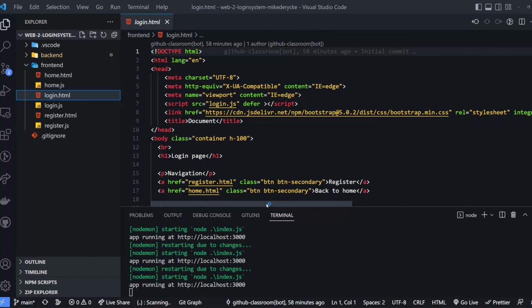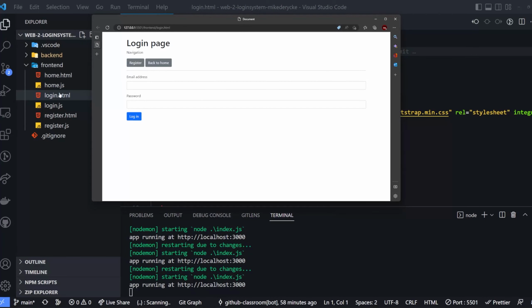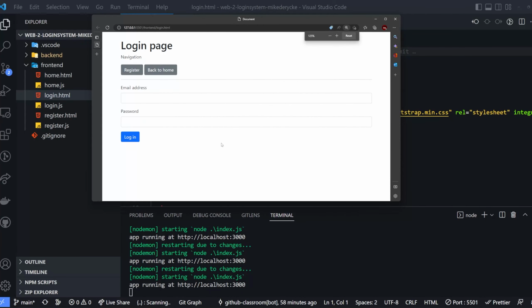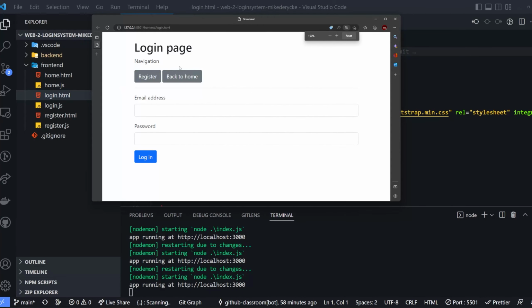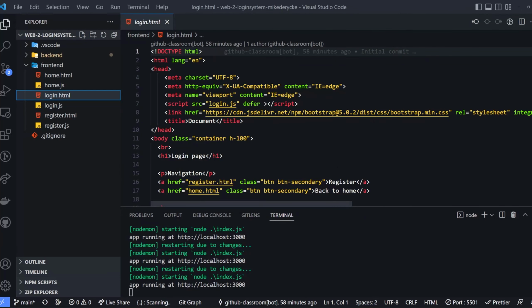I will open the login.html with live server, and this will show me a login page. So ignore the buttons at the top. Here we will add some email addresses. So I think it was mike@ehb.be, and the password, I think it was test1234. So if I click on login, we need to get a message back. How do we do that? Well, let's get started. Let's check the